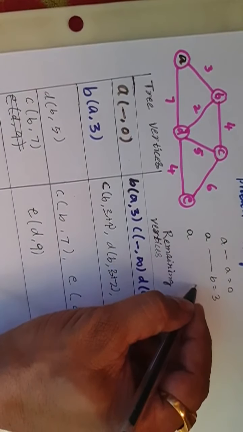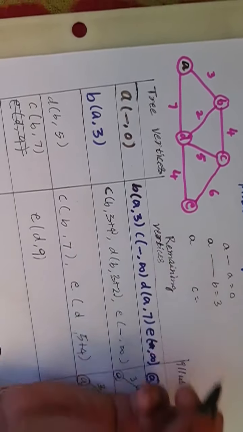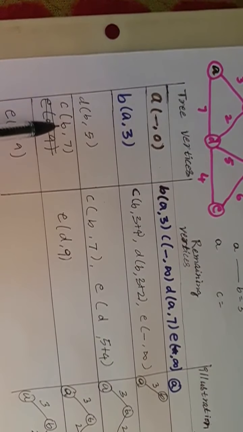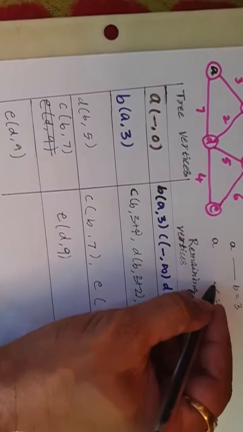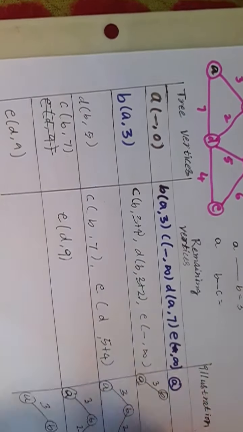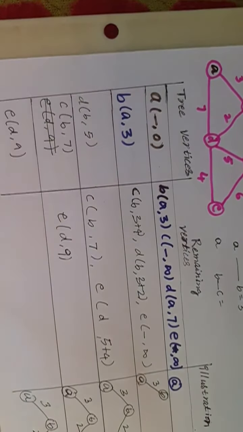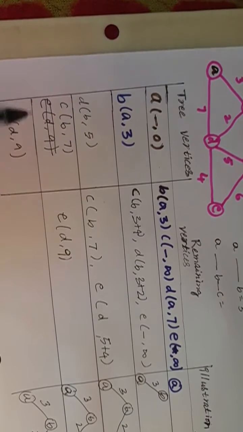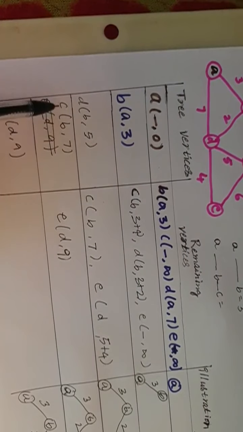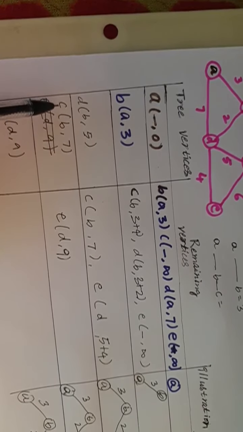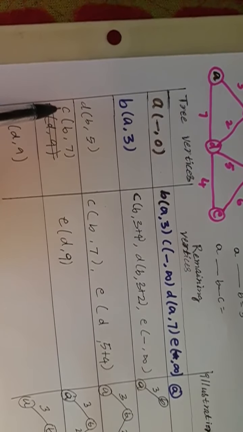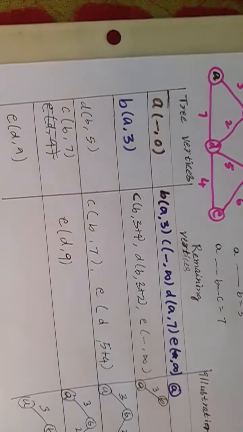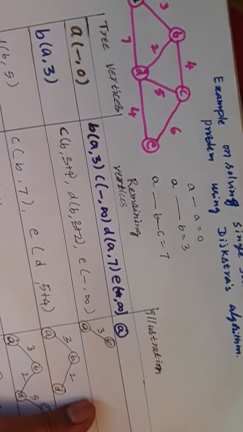Now I want to print the path and cost from A to C. First write source vertex A and then the destination is C. Where is C selected? C is selected here. C is coming from B, and B is coming from A. What is the cost of this path? To know the cost, go to the row where C was selected. What is its cost? 7. Great, 7 here. I hope you are following.